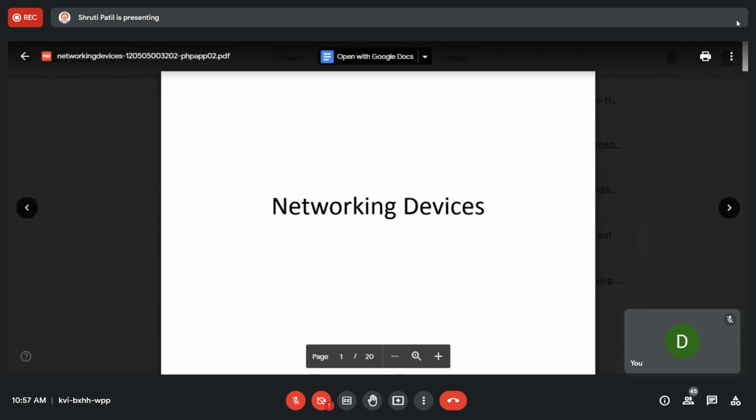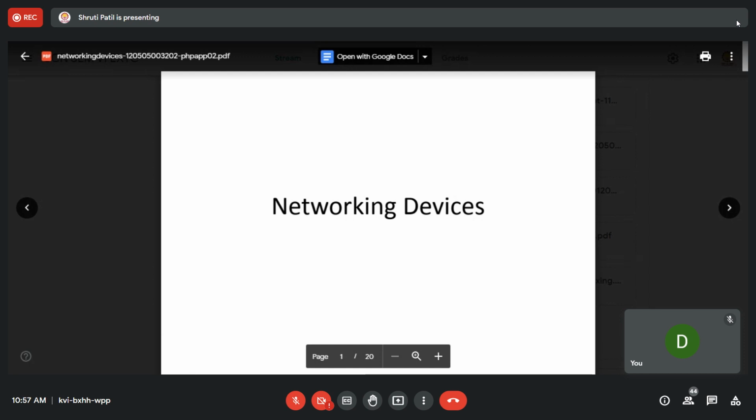Okay, now the next topic from your module 1 is networking devices. We have already seen that a number of interconnecting devices are required. At every layer there are different devices.